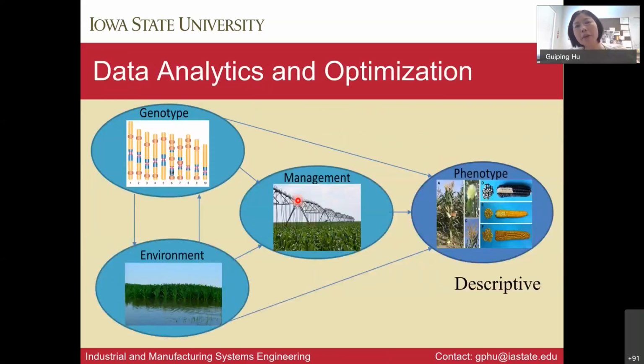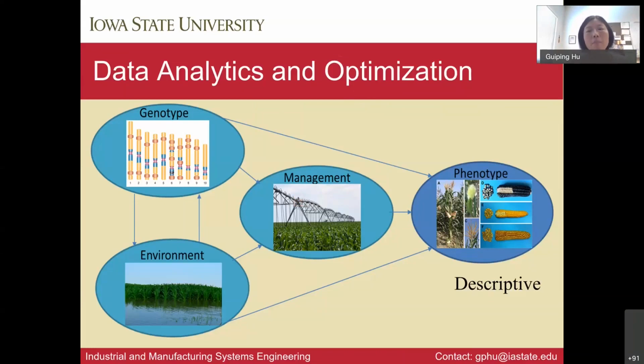So before I talk about the specific project, I want to share a couple of big picture slides because when I was talking to Lisa and some other organizers of this event, they asked me to talk about system design thinking as well as data analytics, right? My background is in industrial engineering. So I was trained as a systems engineer. What does that mean? That means when we view things, before we zoom in, we tend to zoom out. And in terms of data analytics and optimization, which is somewhat equivalent to operations research, basically there's a decision-making component there.